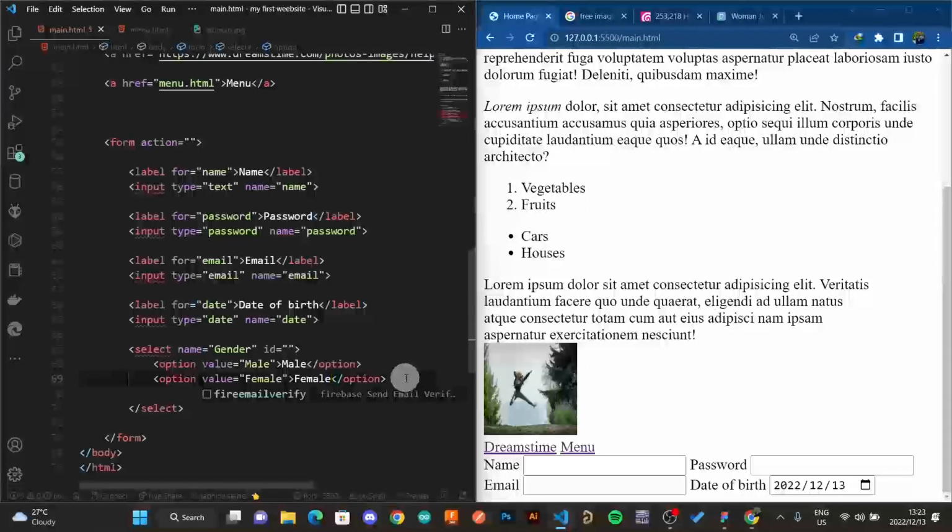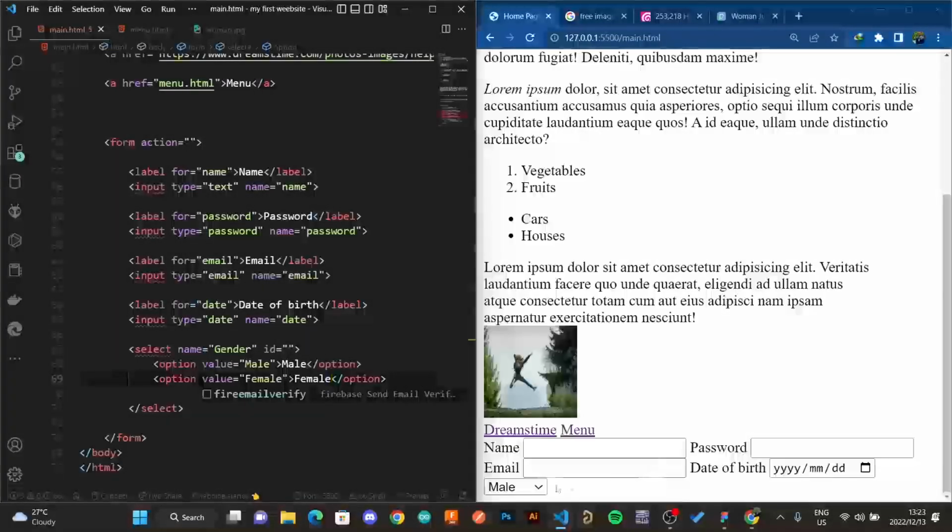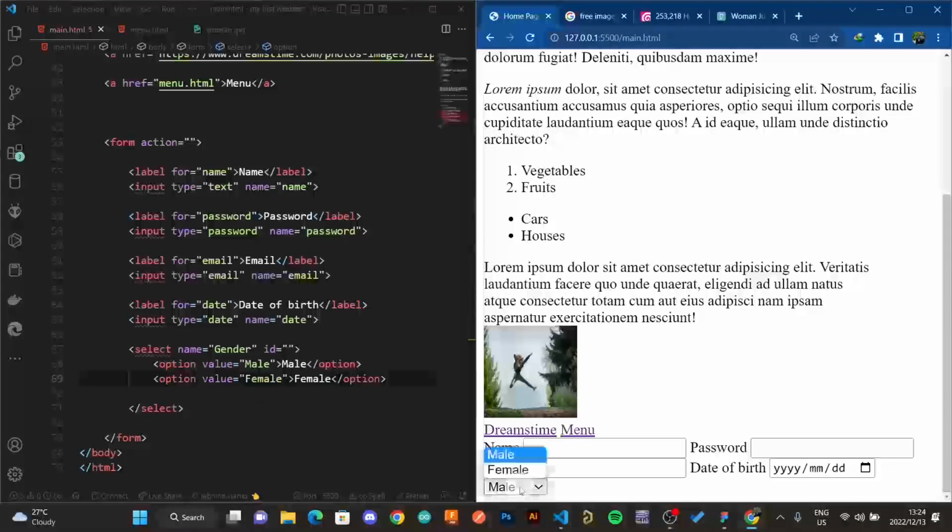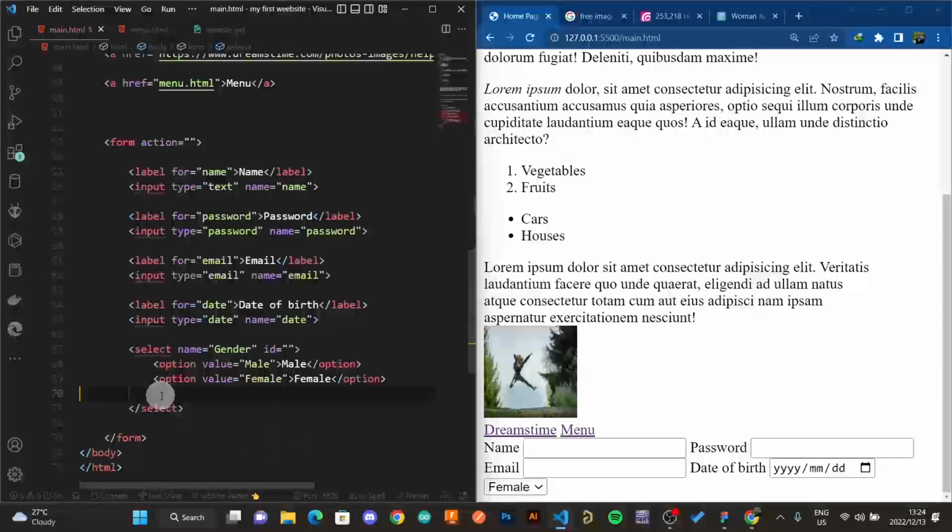So if you place Ctrl Save, there is a drop down menu, so you can choose male or female. So if we press female, it means there's a female value that will go to our servers and be located in our database. So that's how it's done. So pretty much most of these things are the ones that you will need in this course to come up with your